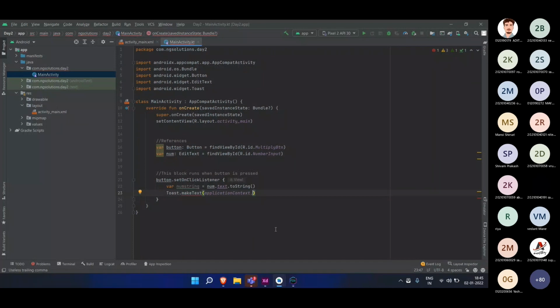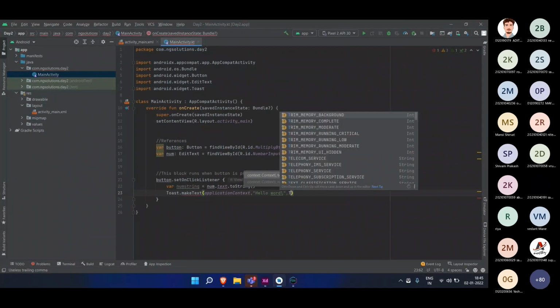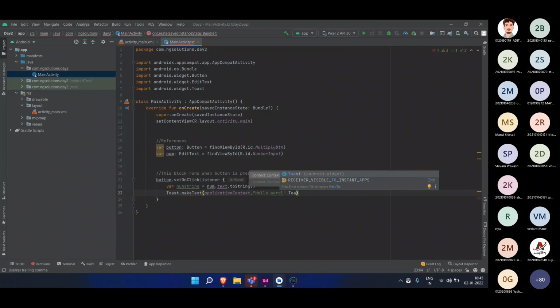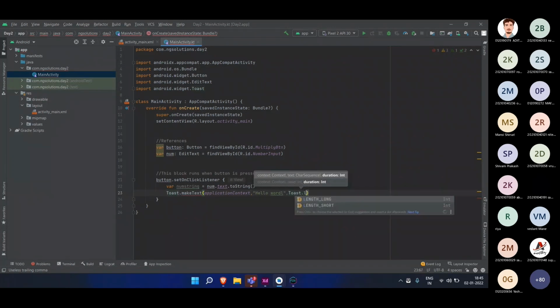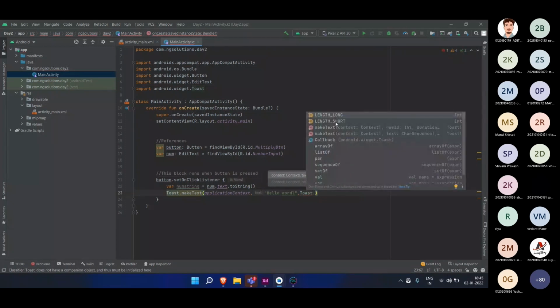After that you can write anything here which you need to show. Here you can write hello world. And after that you need to provide for how much time you need to show this. Again you can use the built-in constants over here, such as Toast dot LENGTH, and here you can see short and long.